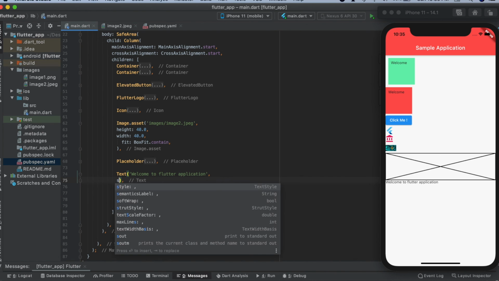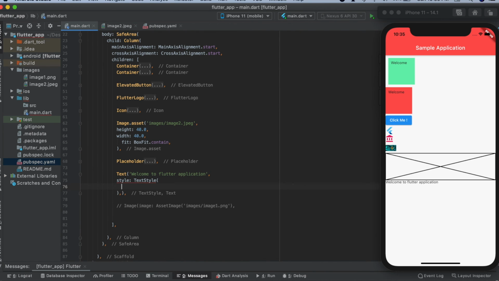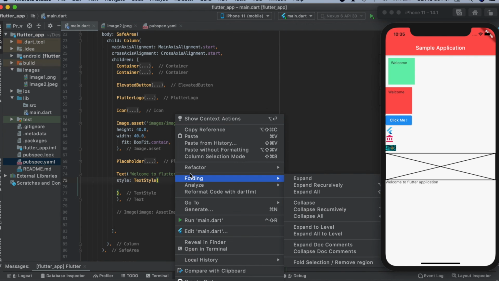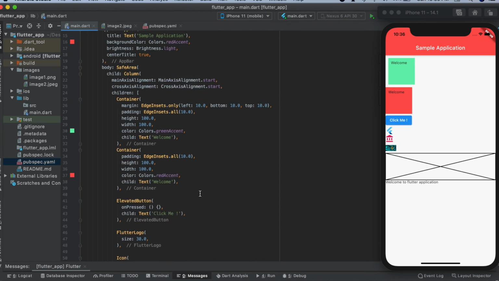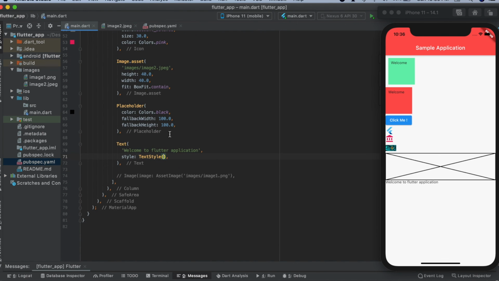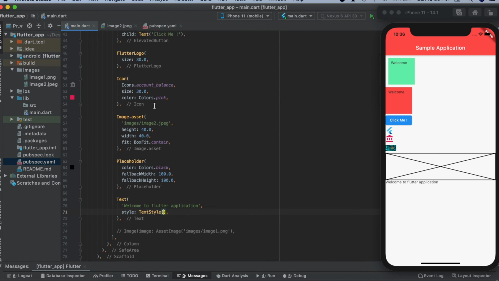For that I'll use style and the TextStyle widget. I'll do it like this. Also we can reformat code with dart fmt, so it reformats my code completely, and I can easily identify which widget is ending where and what is happening.